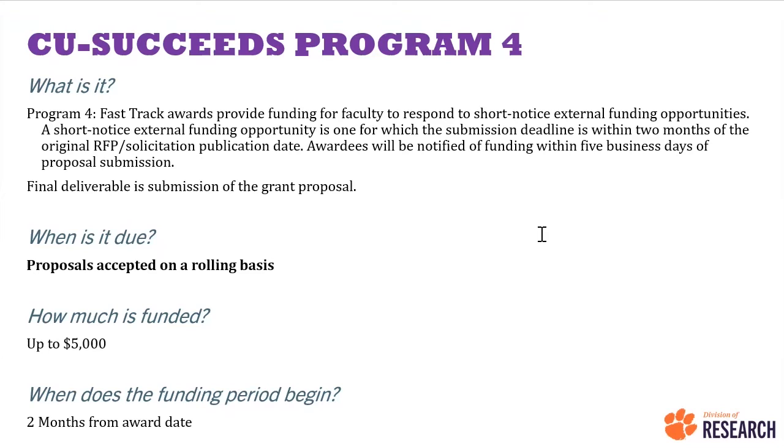And the final deliverable here is submission of the grant proposal. So as I said, they're accepted on a rolling basis, $5,000 max. And then the funding period, since it is a shorter timeline, is 2 months from the award date. And just a quick clarification here. We have had a few people reach out to us over the past year since we started this